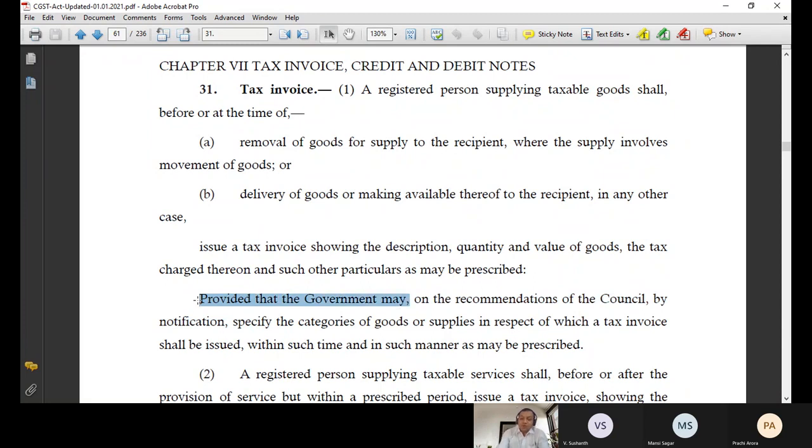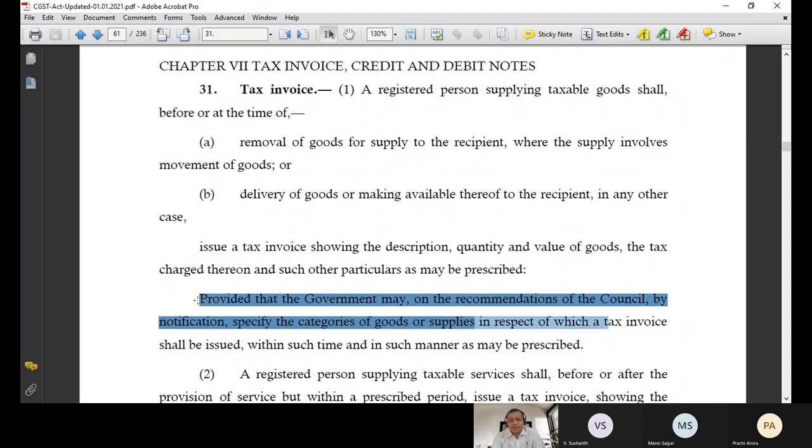The government may, on the recommendations of the Council, by notification, specify the categories of goods. Categories of goods means there may be lakhs of goods, but in some special cases of goods or categories of supplies. A subcategory of supply means any supply which satisfies some particular conditions. So either goods are given by name, or if goods are not given by name, some conditions of supply are given. In that case, the government has a right that, in respect of which a tax